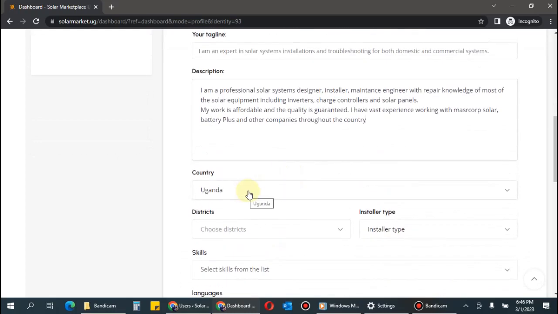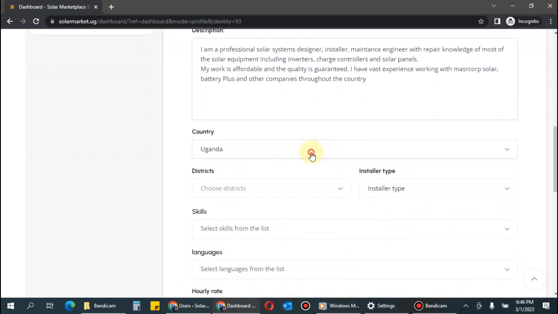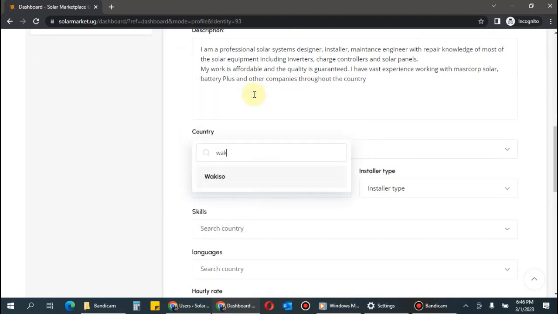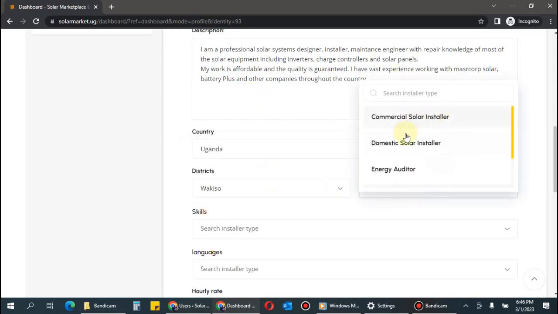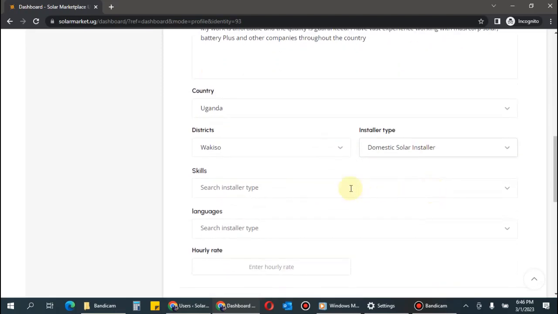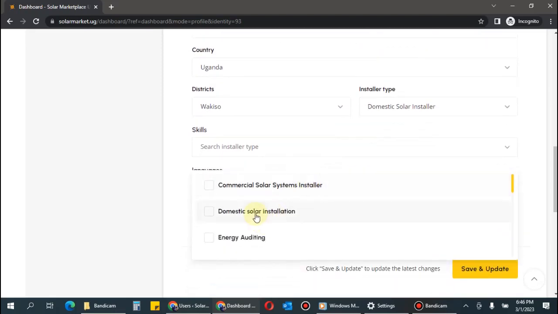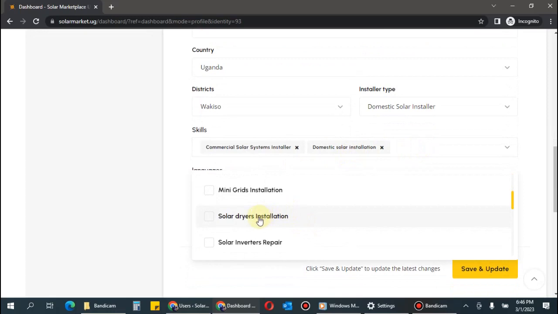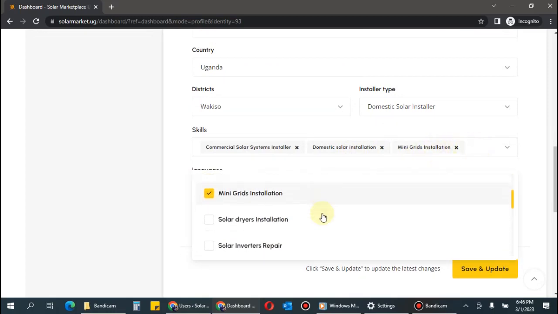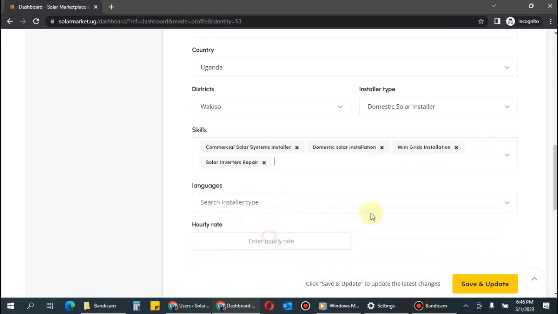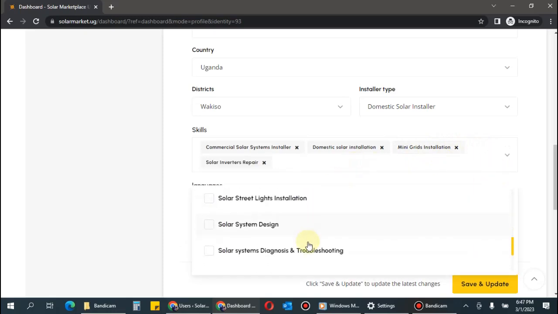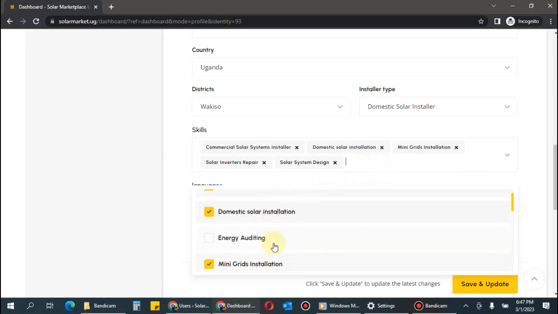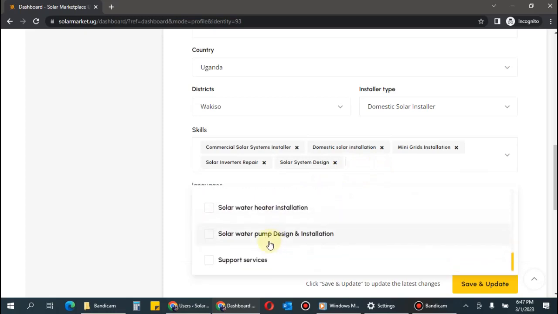All right, so if you see, the country is already chosen. It's Uganda. We don't have any other country. So which districts am I based in? I'm based in Wakiso, for example. What type of installer am I? I'm a domestic solar systems installer. What skills do I have? I do domestic installation. I do commercial installation. I know mini grid installation. I know how to repair inverters. I also know how to design solar systems, and I know how